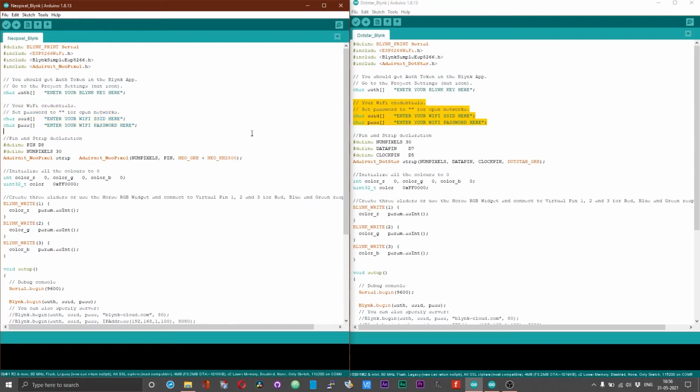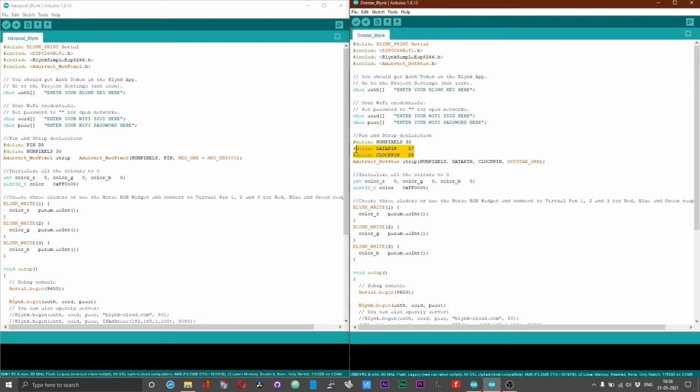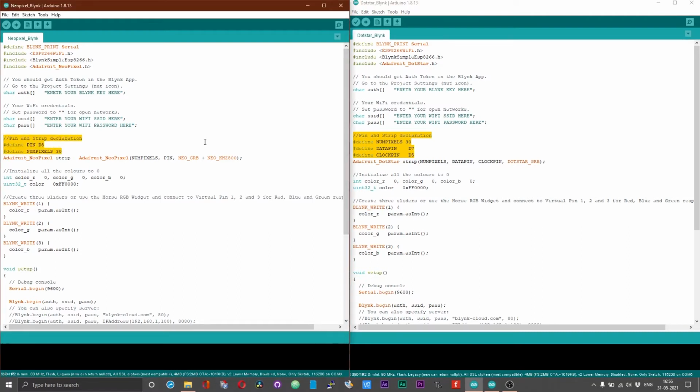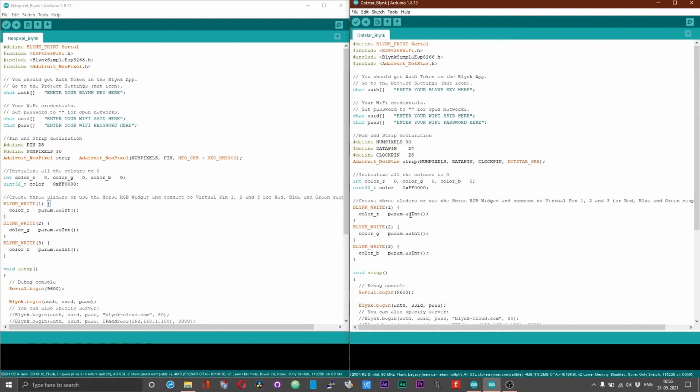If you are using some other board, you need to change the pin numbers or naming conventions according to the board that you are using. Also, my strip has 30 LEDs, and so the num pixels is set to 30. Once again, you can change the number of pixels according to the number of LEDs on your strip. Once you make all these changes, you can connect your board to the computer and then compile and upload the code onto your board.